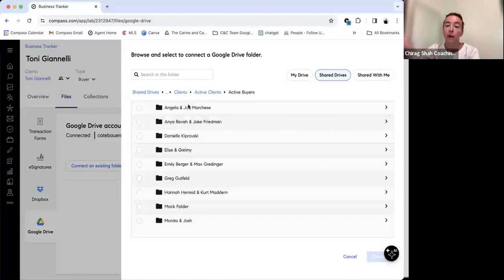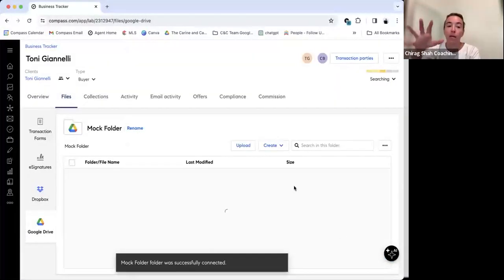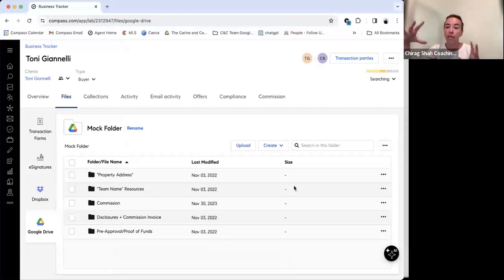And this is something that my admin helps me with. I used to do it myself, but she helps me a lot with keeping it very up to date, so there's only people in here who are currently in contract, and so forth. I'm just going to link them to my mock folder for now, but pretend that this said Tony. And then you press connect. Now this is completely linked to her folder.